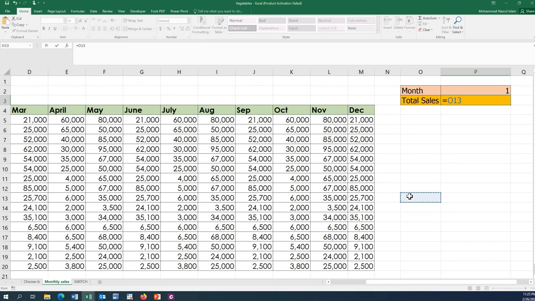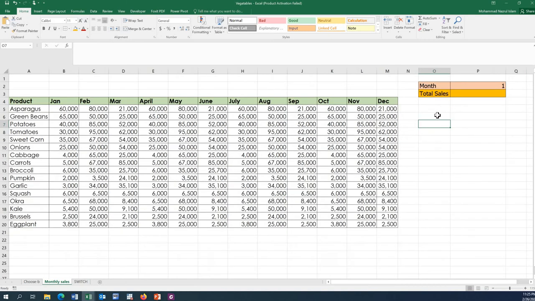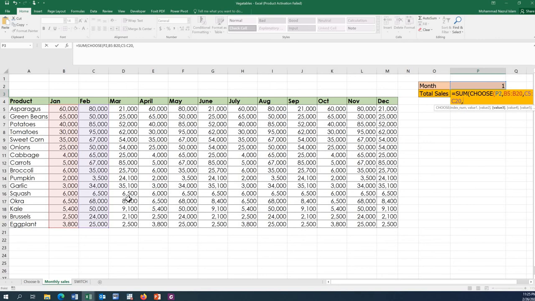Okay, now let's see how the CHOOSE function will work over here. Okay, so here you go. We are using, start with SUM, okay, then bracket, CHOOSE. Are you following me? So CHOOSE function. Then you are seeing that it is index number. So this one, okay, comma. Now we want to create the index. So this is 1, right? This one is 2, 3,